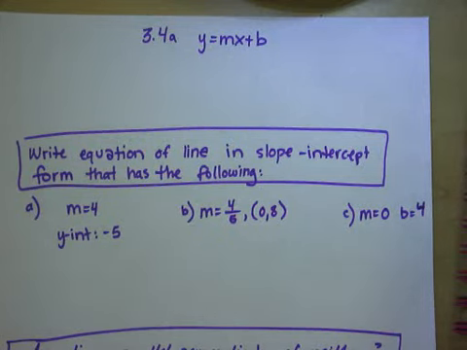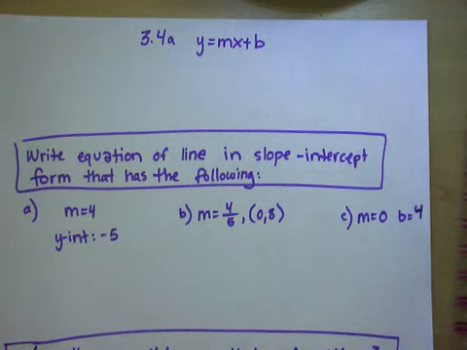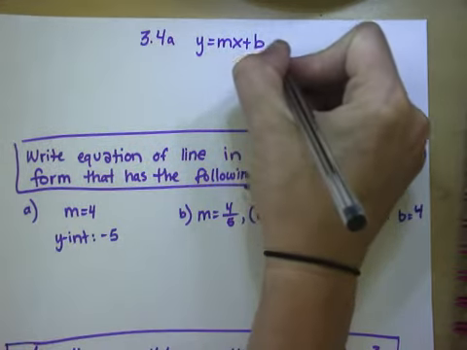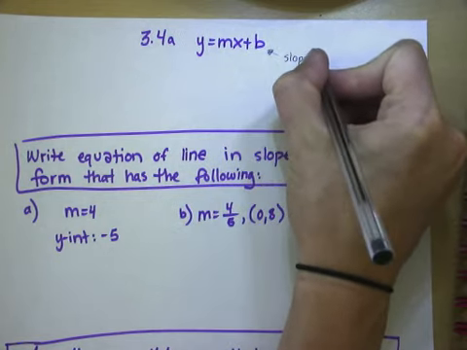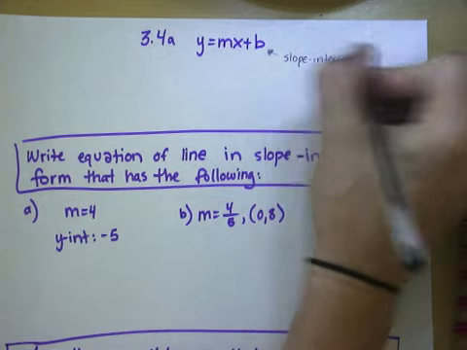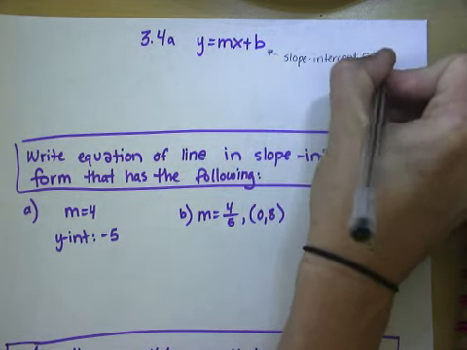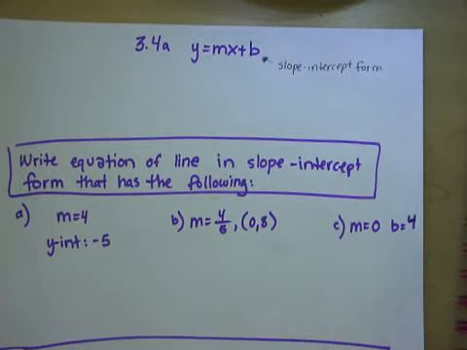So here's a quick recap of what we talked about today. Today our main point of focus was equations of lines that are in slope-intercept form. So this right here, y equals mx plus b, is what we call slope-intercept form. Now the nice thing is the name makes sense because in this form of linear equations we have both